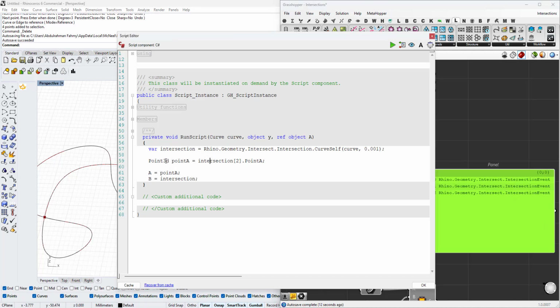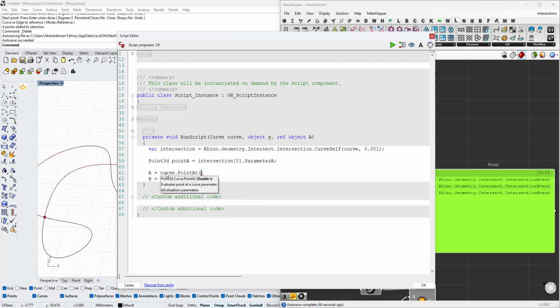So if we want to get the point, we have to use an index of this array in order to get the first intersection event, which is 0, the second, which is 1, and the third, which is 2. And here we can get the point at, or we can get the parameter actually. If we type dot parameter A here, we can say that A is equal to curve dot point at, and